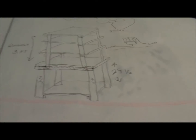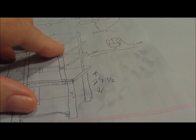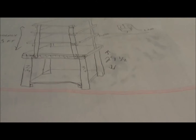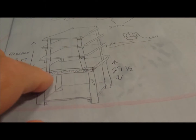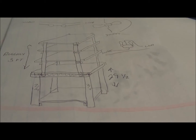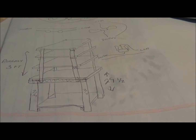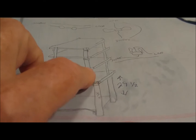Now for the framework of the upper part, I'll take 4 equal length upper supports here, like there, and I'll attach those to the base support here, again with screws and glue, get them as level as I can, plumb I should say, and then once I do that, I add